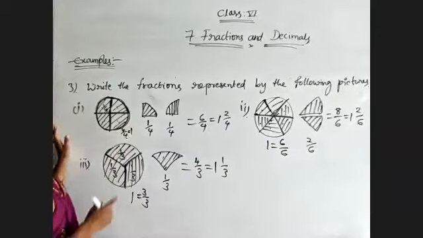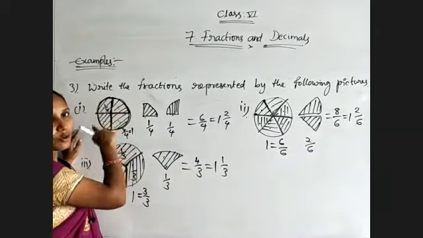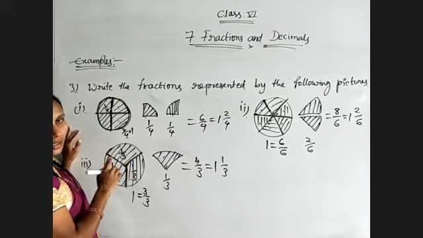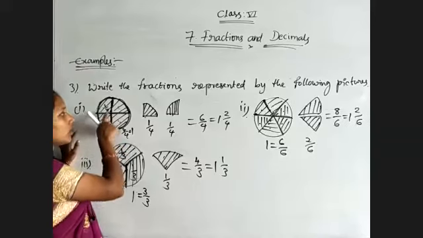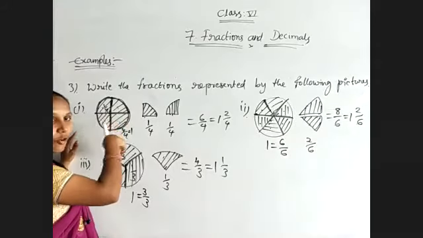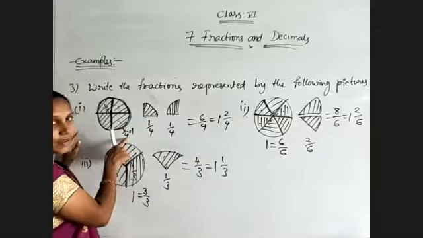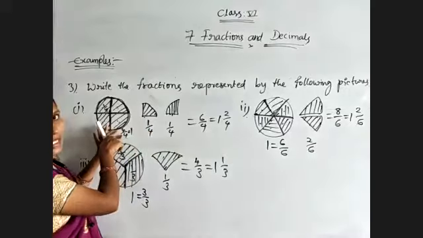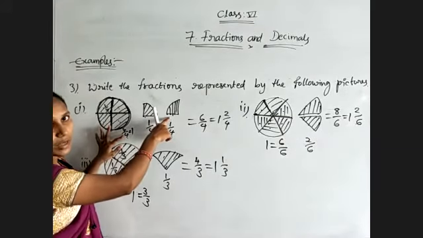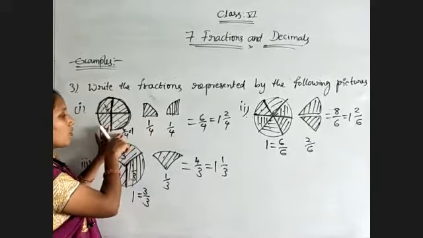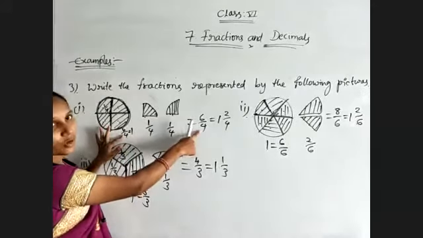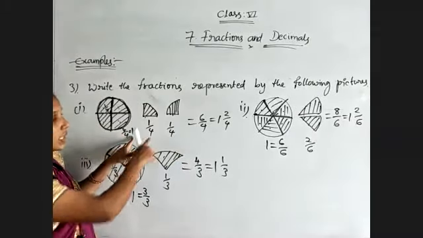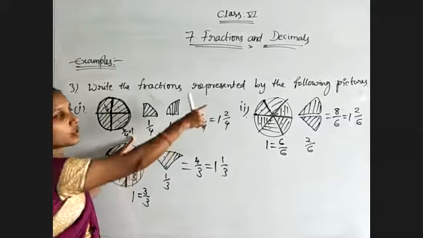So just observe here once again. First, observe the whole part, whatever shaded part is given, and how many equal parts are divided for that whole. So here it is divided into 4 equal parts, and 4 parts are shaded. That means 4 by 4, that value. And remaining separated parts means 1/4, because here 4 parts are there. So this one also 1/4, other one also 1/4. Totally 2/4 are there. Means 4, 5, 6. 6 by 4 is improper fraction. And if I want to write mixed fraction, 4 by 4 is 1, and still two 1 by 4 are there. So 1, 2 by 4.